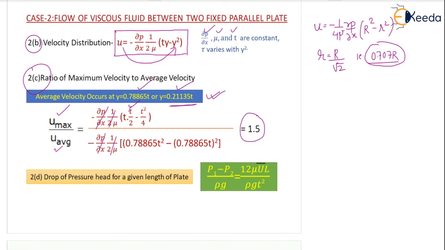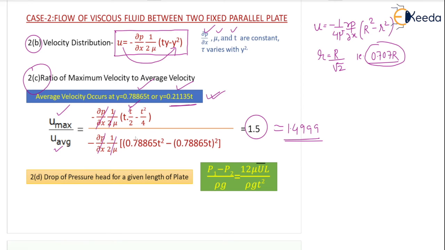Okay. What is the reason you will be getting a value near to 1.5, not exactly 1.5? Because of the decimal places. You can see the values are not accurate. I have taken at least 5 digits after the decimal. That's why I'll be getting a value equal to 1.4999 something. Okay. So you can write 1.5, no problem. That means your maximum velocity is 1.5 times the average velocity, correct?